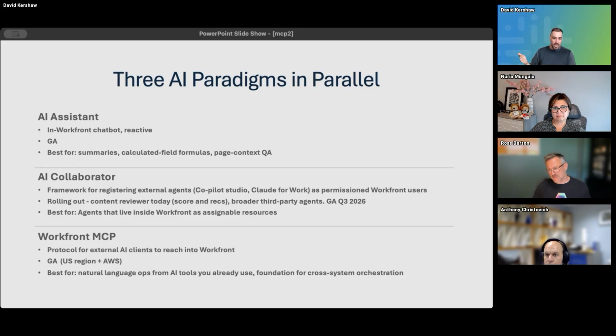Next is the AI collaborator. I'd be curious if anyone's tried this or used it. It's fairly new, but it's completely different from the assistant. You can think of it as almost a replacement for a very particular job that you might have in Workfront. The one that they have generally available as of now is the content reviewer.